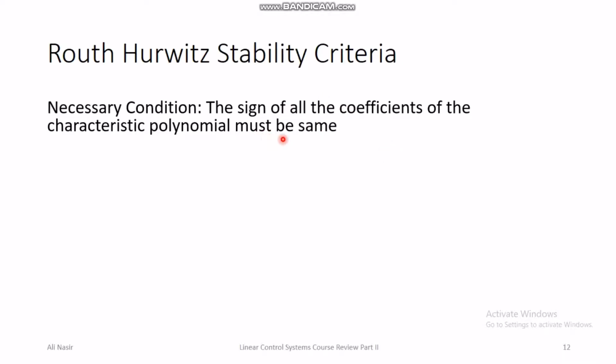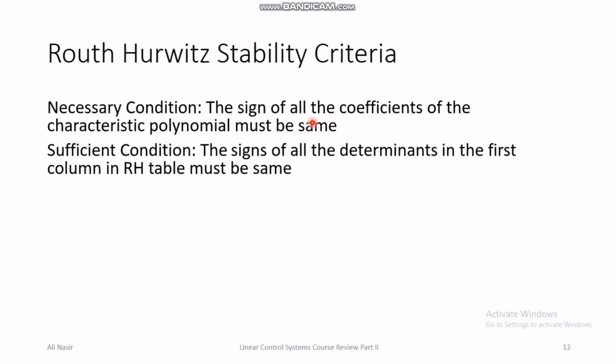If any coefficients have different signs, then you are guaranteed that the system cannot be asymptotically stable. It could still be stable in the sense of Lyapunov, or it could still be BIBO stable, but the Routh-Hurwitz criteria mostly tells you about asymptotic stability. Or sometimes in some cases it also tells about systems stable in the sense of Lyapunov, but in general, if the necessary condition is not met, then that means the system at least cannot be asymptotically stable.